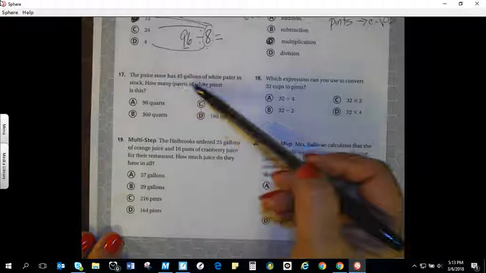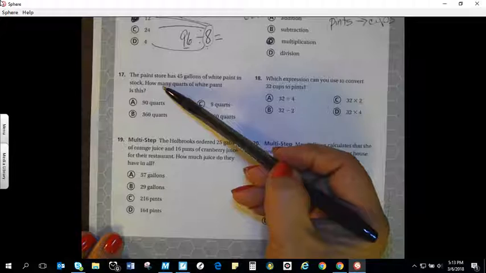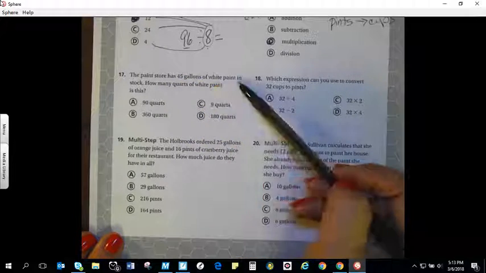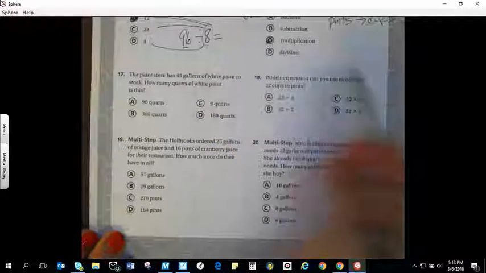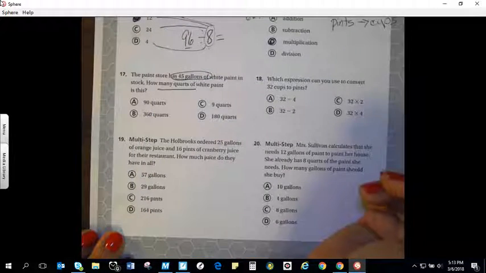All right, number 17. The paint store has 45 gallons of white paint in stock. How many quarts of white paint is there? So I have 45 gallons, and I need to convert that to quarts. So number 17,